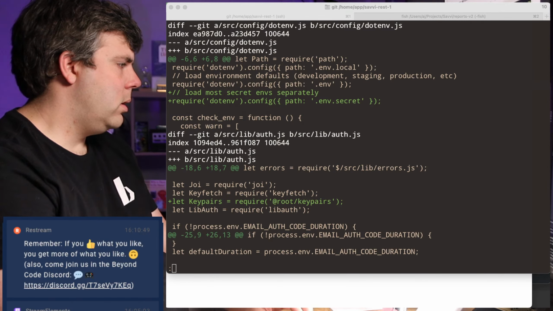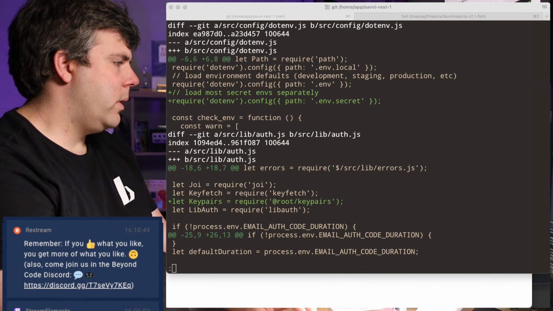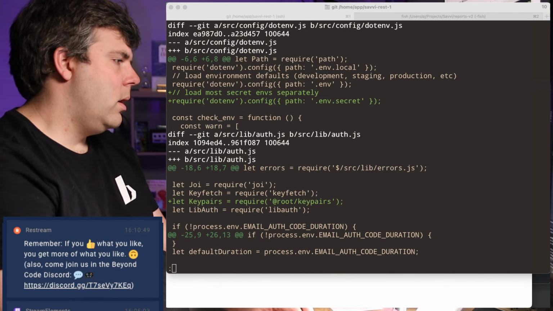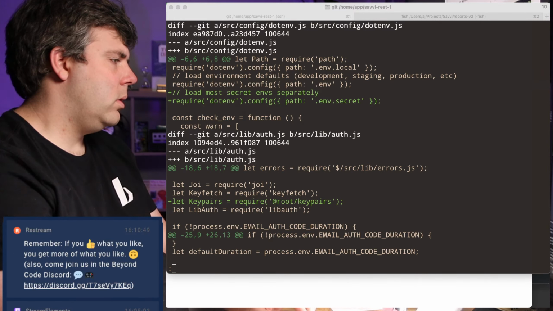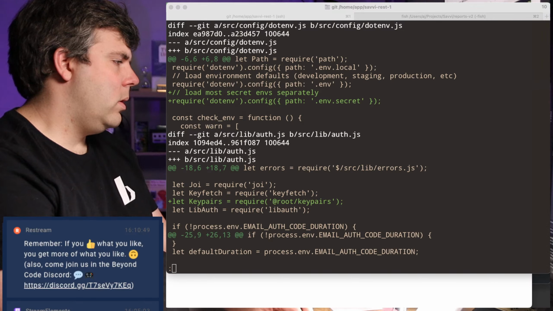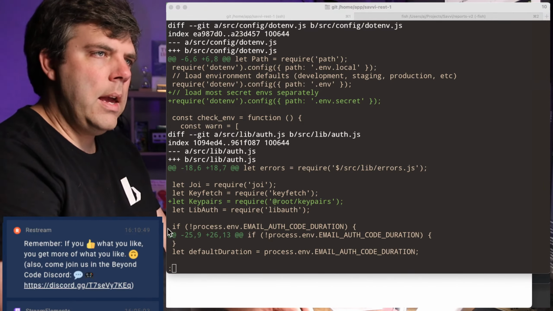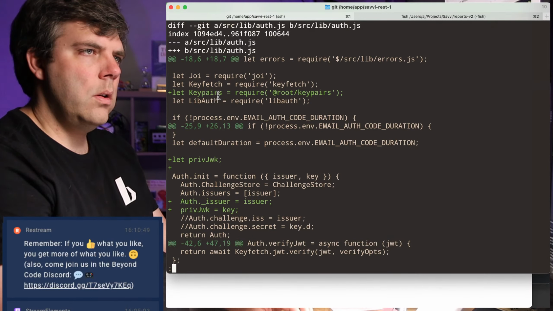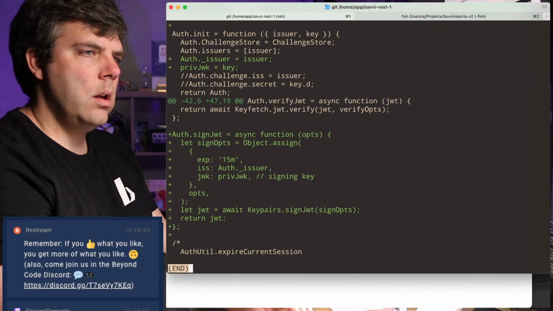Git push. Okay. And then I'm going to check out main. And I'm going to check out a new branch, which is going to be token issue root. And then I'm just going to add in this little bit of code here.